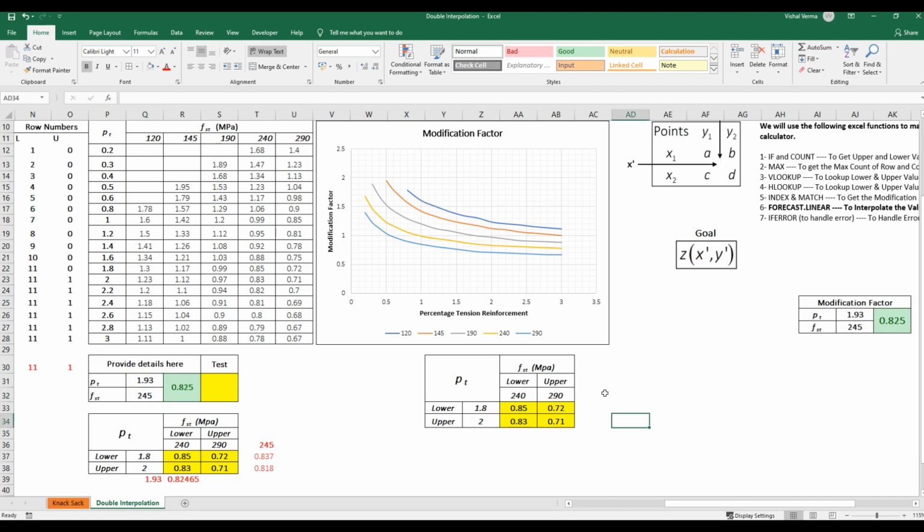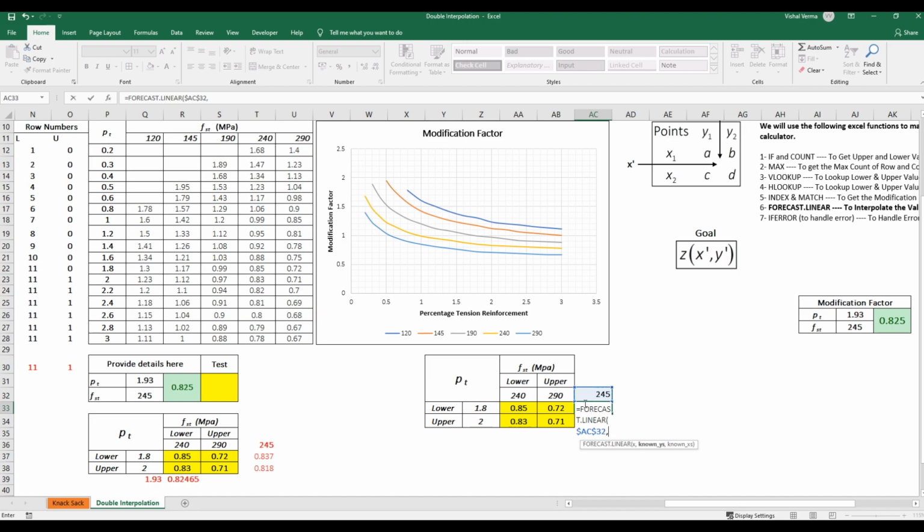So we will use here this value 245. For 245 we have to calculate the modification factor values. So we will use the FORECAST.LINEAR function. What is x here? 245. Okay.